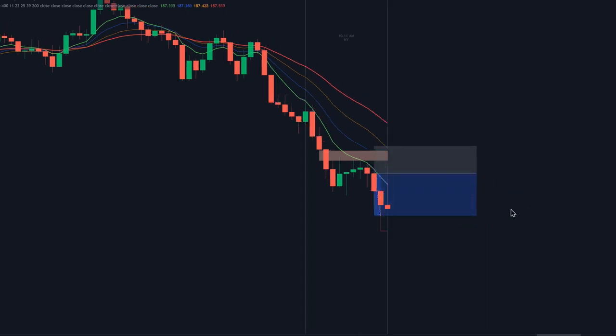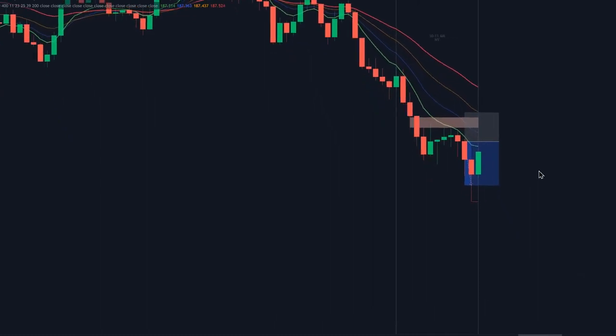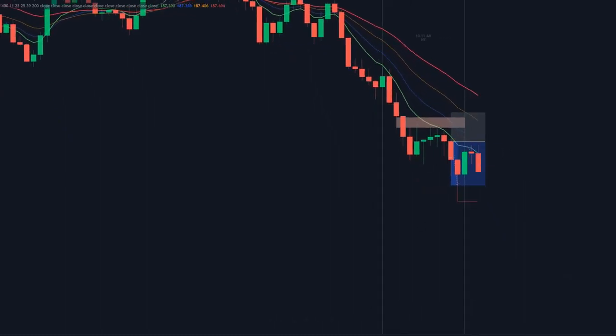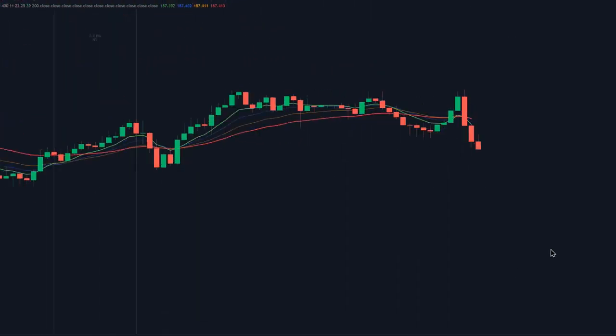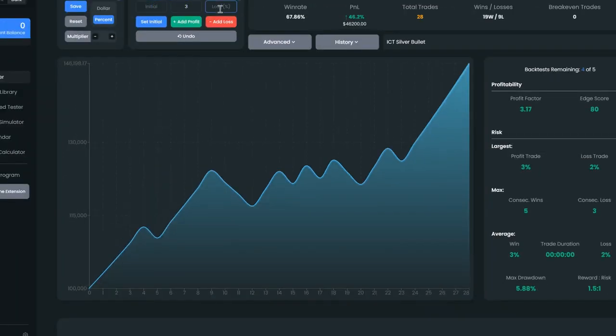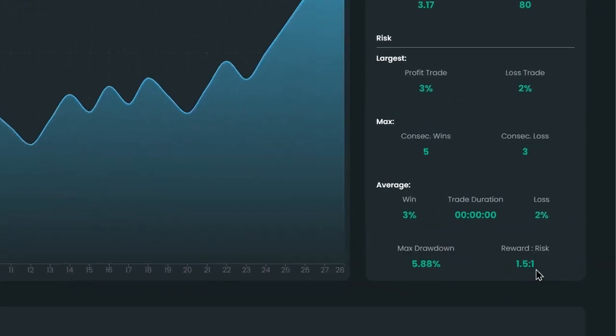and take profit. Now let's take a look at how this strategy performed after we backtested it for 2.5 months, beginning from the 2nd of January 2024 all the way to the 12th of March 2024. We assumed a risk of 2% for every loss and a 3% win for every profitable trade, giving us a risk-reward ratio of 1 to 1.5, as you can see right here. We had a win rate of